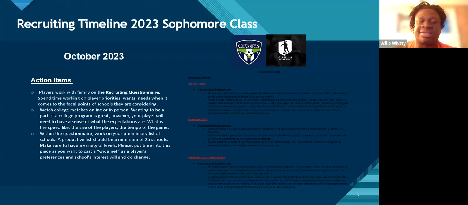The recruiting process is not what we think it is in terms of schools are all going to come to us. We have to throw bait out there. We have to throw interest out there, and then schools will start to connect, then they'll start to call, then they'll start to come our way. And then from there, we can start to narrow things down based off things we're interested in. The great place to start there is the recruiting questionnaire.